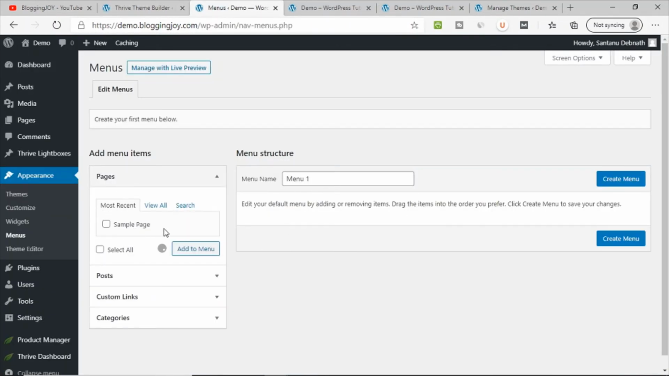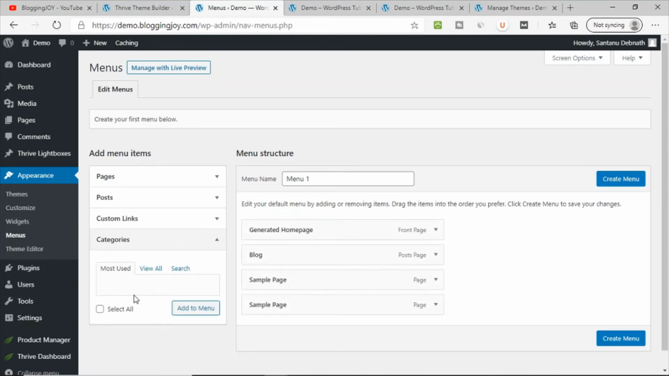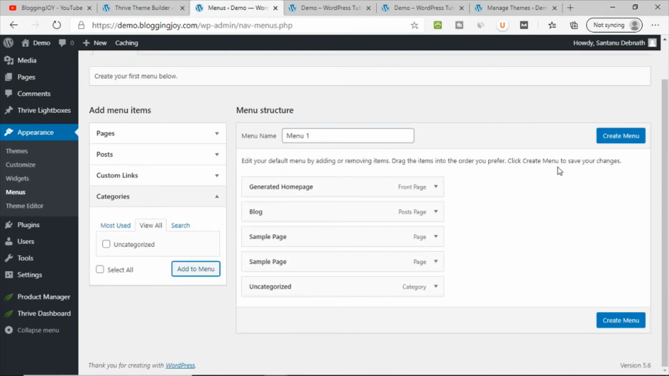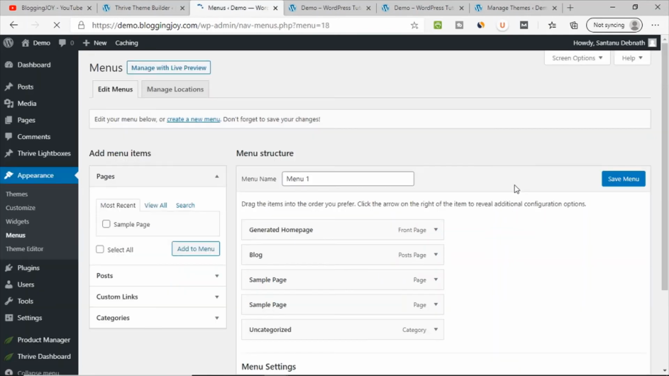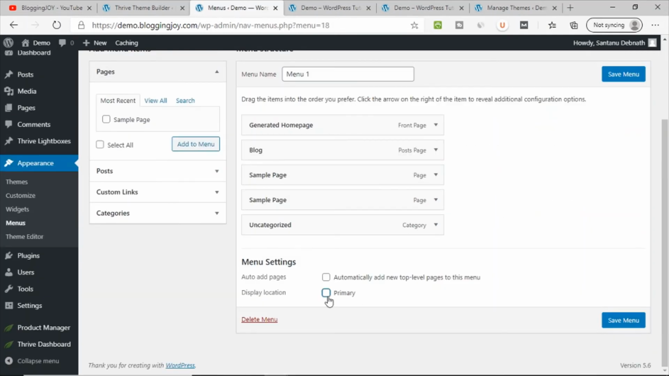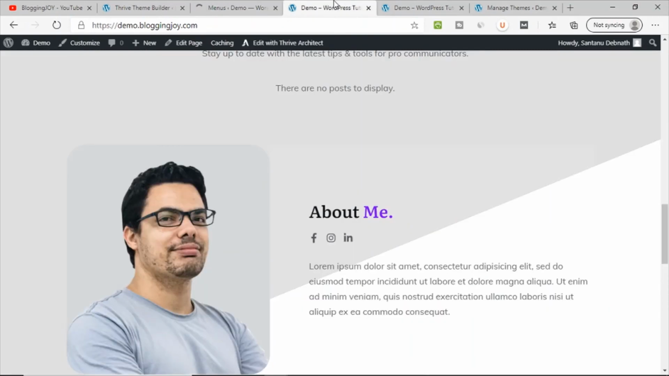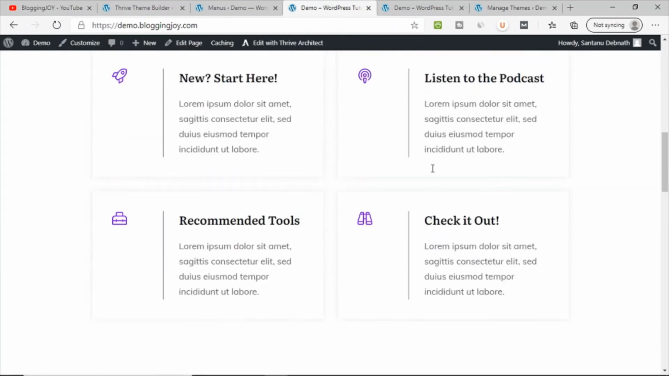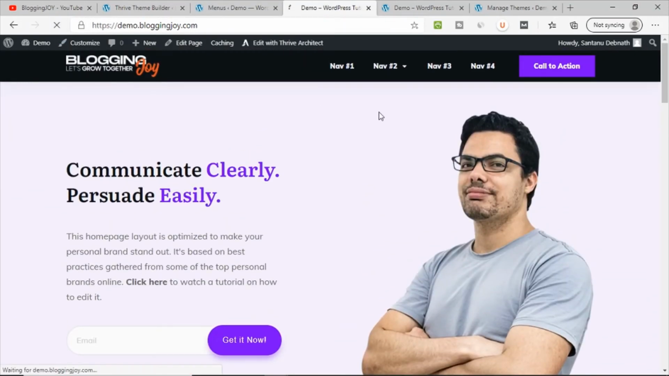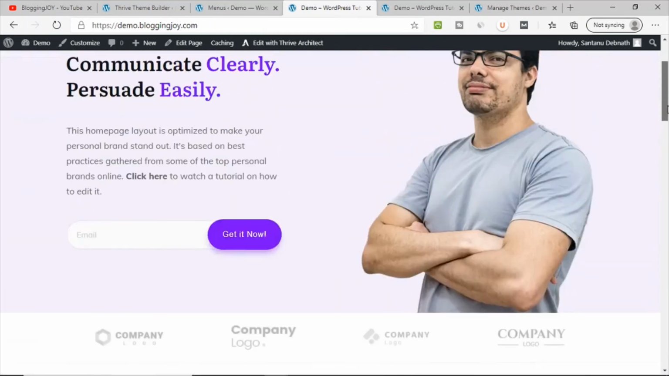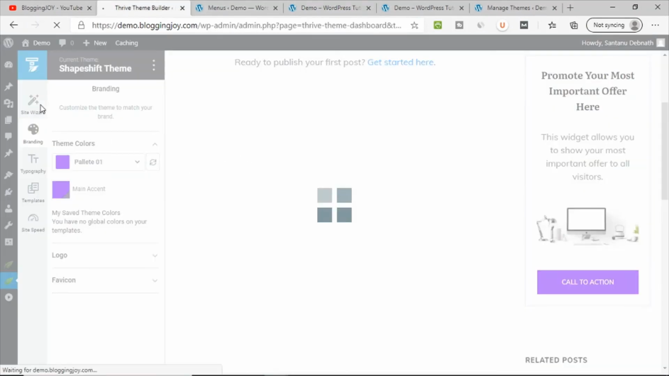Menu 1, so let's say add to menu. Is there any category? One category, add to menu. Fine. So create the menu. And what is the place? Primary menu. Okay, let me put it here. Let me refresh it here. Let's see. Okay, it has not reflected because we need to configure the same thing through our